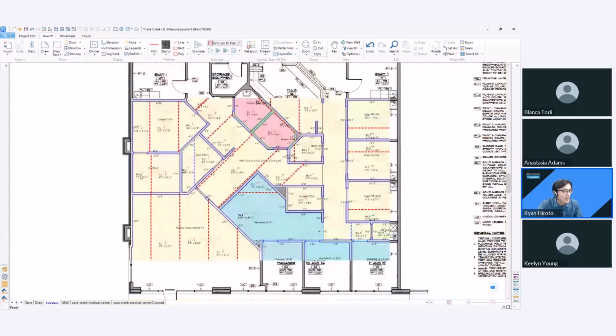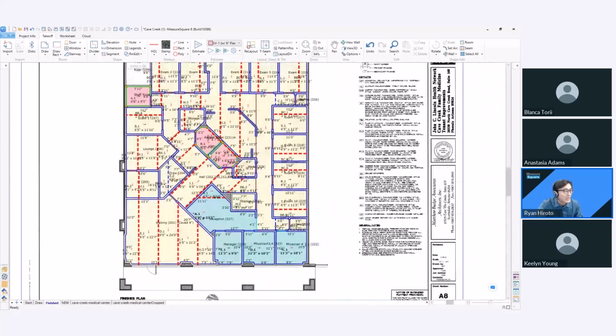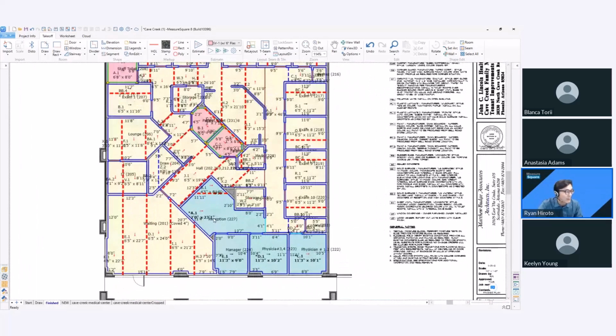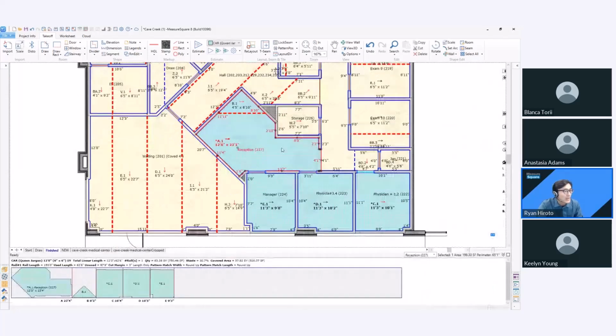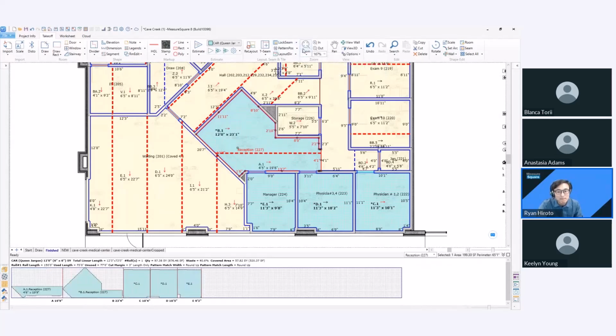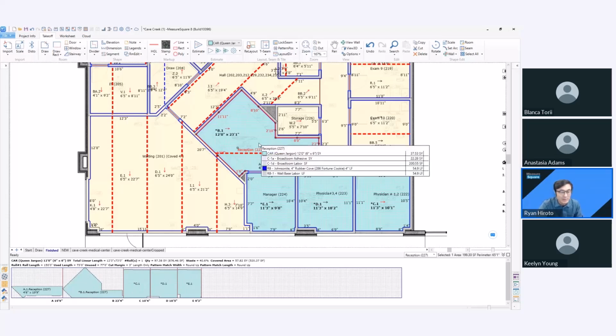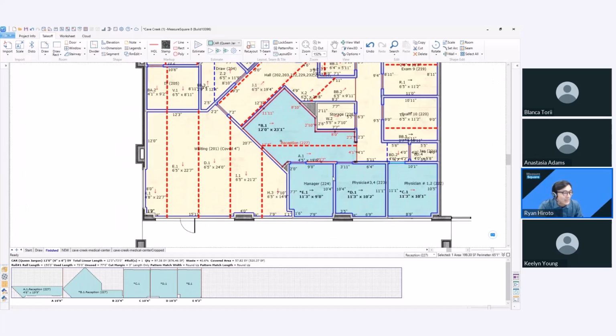Once we have all our layout directions settled, we can also do details like, for example, if I click on a room here and I want to switch the seam sides, we can go ahead and do that. We have a tool that allows you to switch your seam sides just like that. This will switch what side the fill pieces are on in that room to help you reduce potentially unneeded seams, remove it from any doorways, and it has a ton of other applications that we can showcase maybe